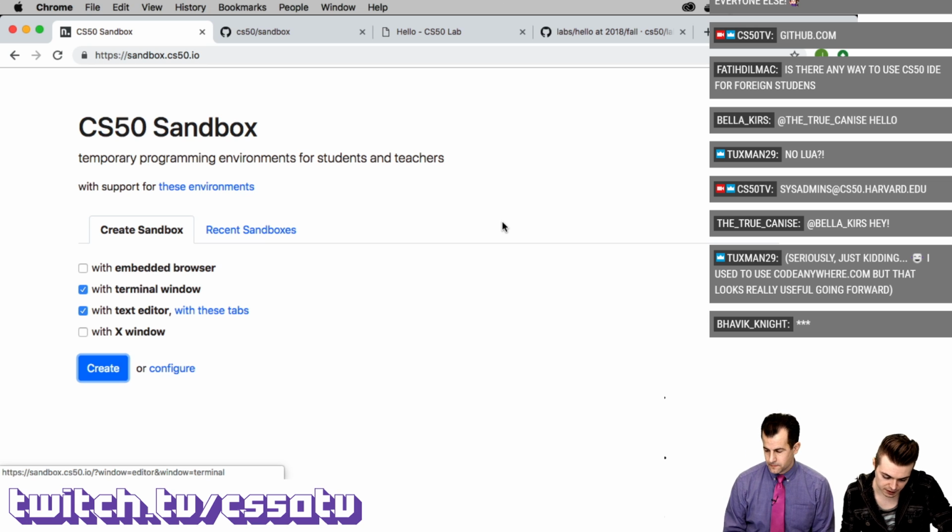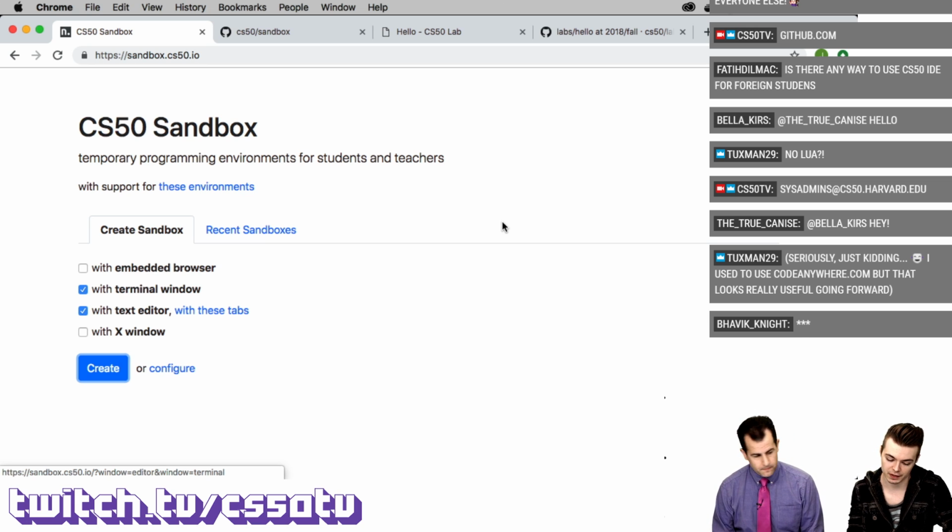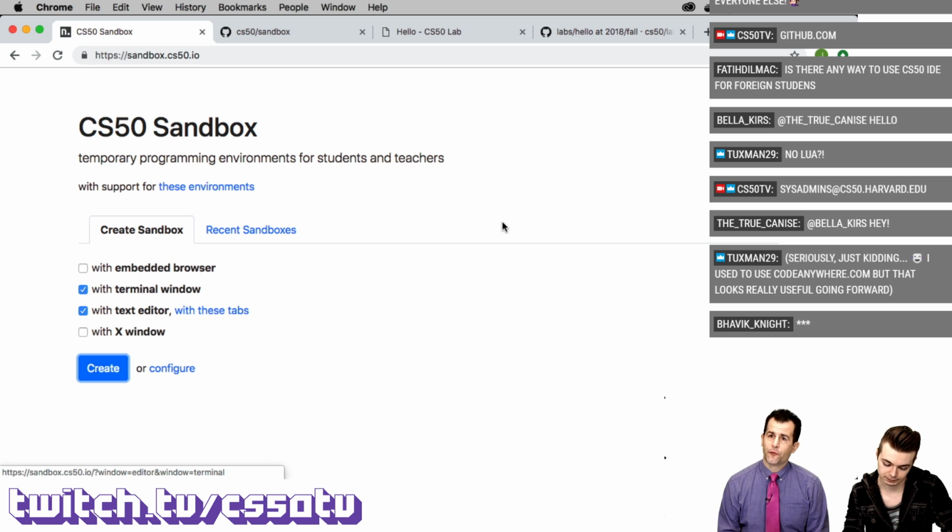It looks like Geert Van Kathoven's asking, so is this free and better than Cloud9? It is free and different from Cloud9, I would say. It is a subset of the features that Cloud9 and in turn CS50 IDE provides. That is by design. Among our goals was to create an alternative to CS50 IDE that students wouldn't use day to day for their problem sets, but instead, if they want to just try out an idea,